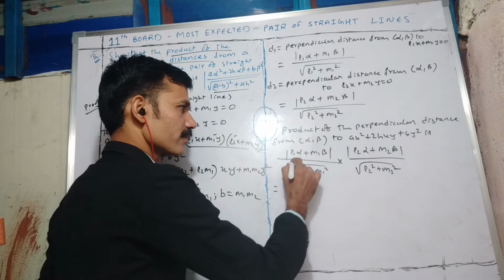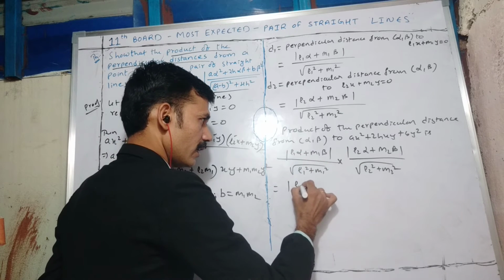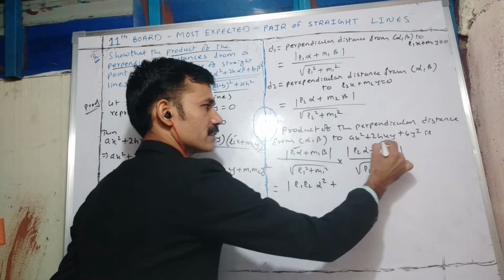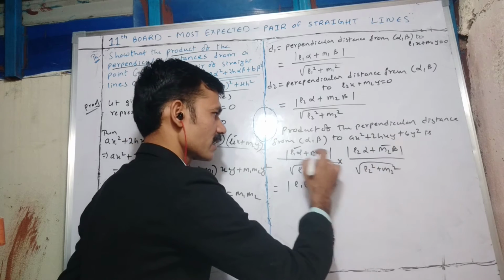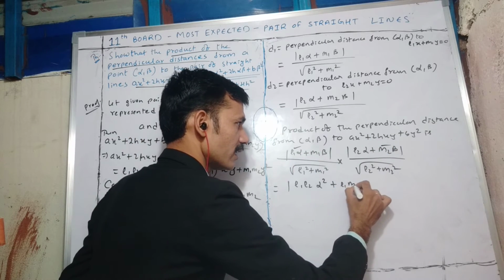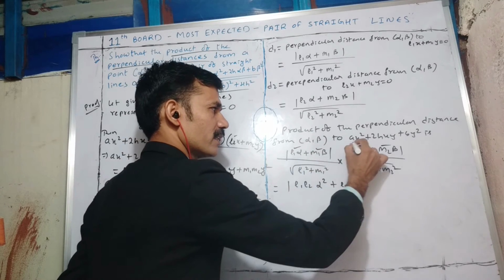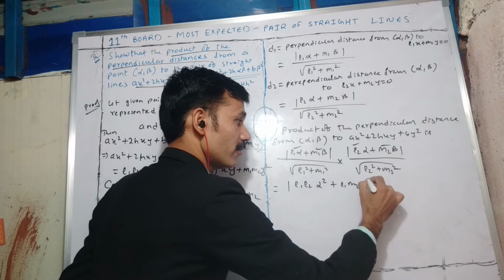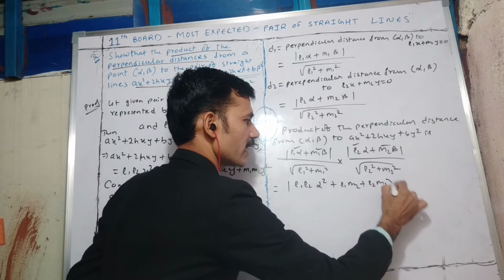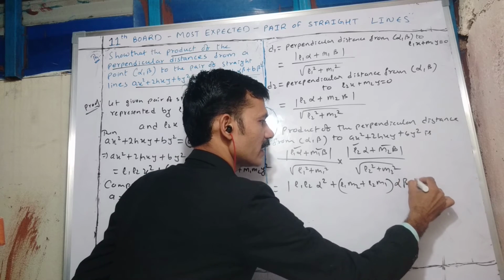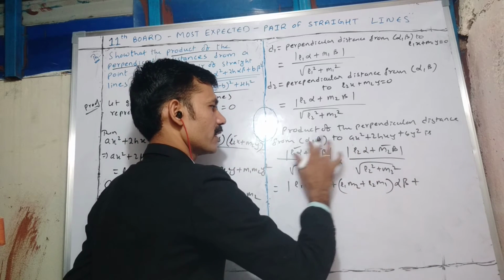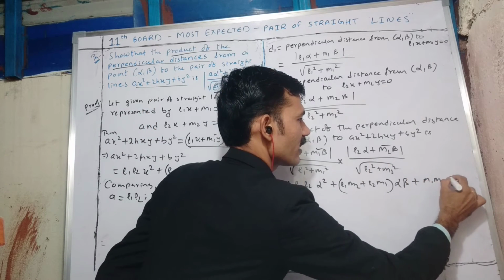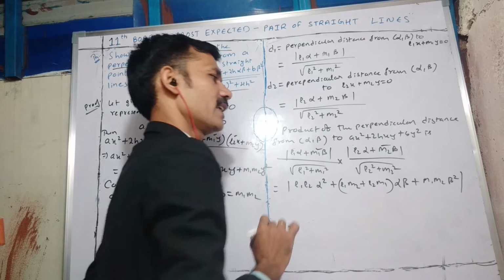Numerator we can multiply. L1 times L2 alpha square we are having. Next, if I multiply the first term with the second expression, L1 M2 alpha into beta we are having. If I multiply these two also, I will get alpha into beta value. Now the coefficient will be M1 L2 or L2 M1 we can write. This will be the coefficient of alpha into beta. First and last term you multiply, what we are going to get? M1 M2 times beta square we are going to get in the numerator.